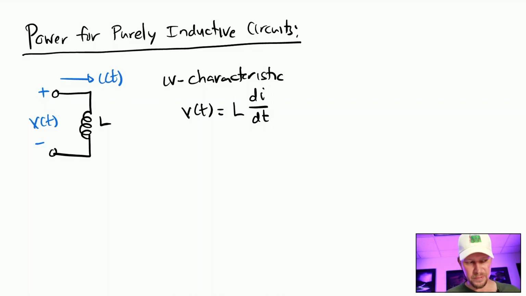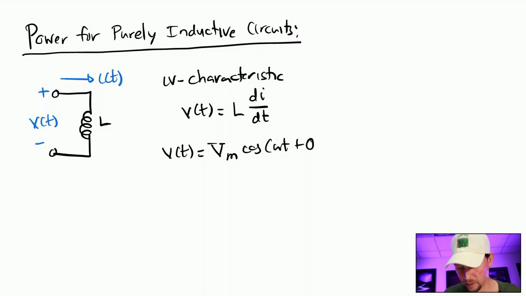But we also know the mathematical form for both the voltage and the current. So the voltage itself, since it is sinusoidal, must have the form V sub m times the cosine of omega t plus theta sub v,